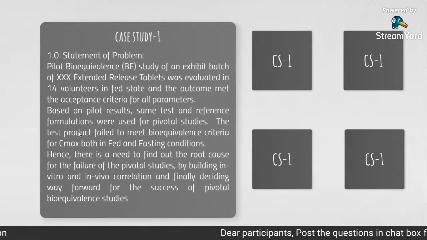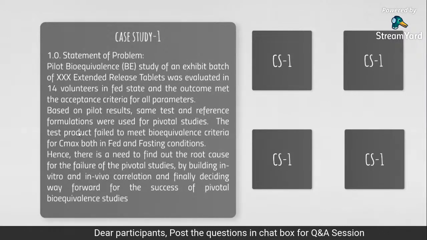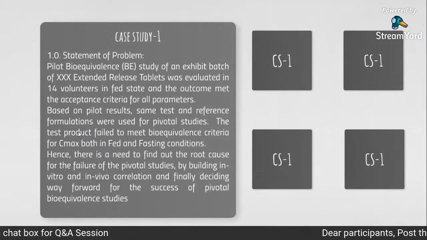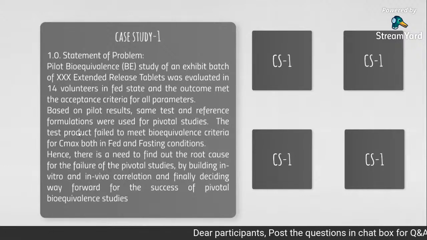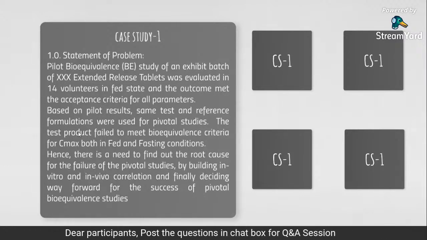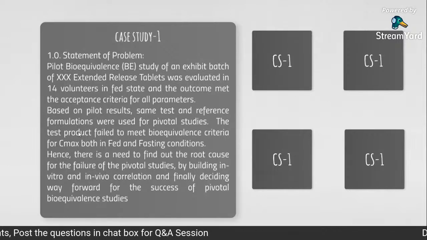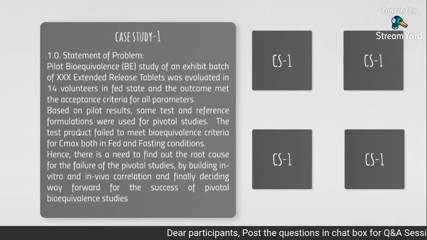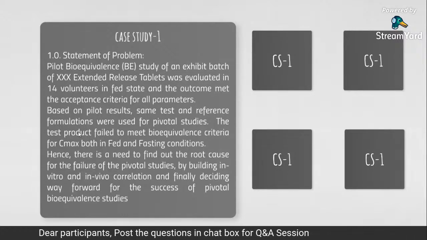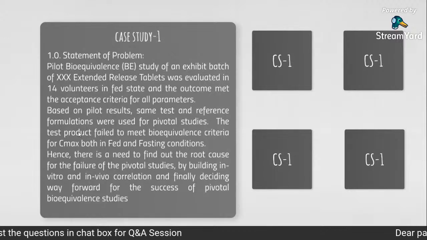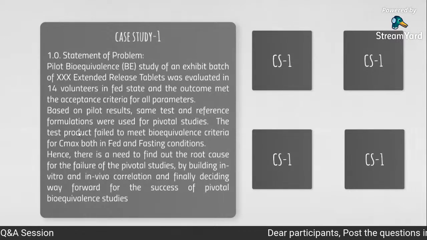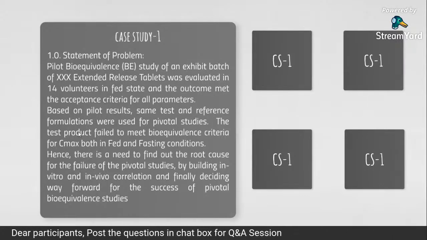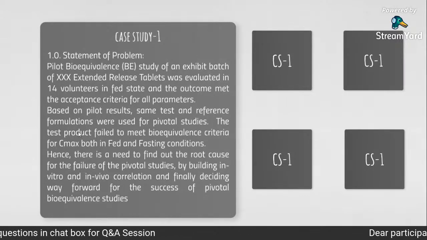So what we did earlier was a pilot bioequivalence study of an exhibit batch. We directly fabricated 3 exhibit batches with 1 lakh commercial batch size. That is an extended release formulation with a 12 hour release profile. It was evaluated in 14 volunteers first. The actual number of volunteers required for our study was around 45 subjects. If we directly did it in 45 subjects, the cost of the study was going beyond 1 crore. So our sponsor decided that, instead of going directly for 45 subjects, let us test it in just a small number of volunteers, 14.